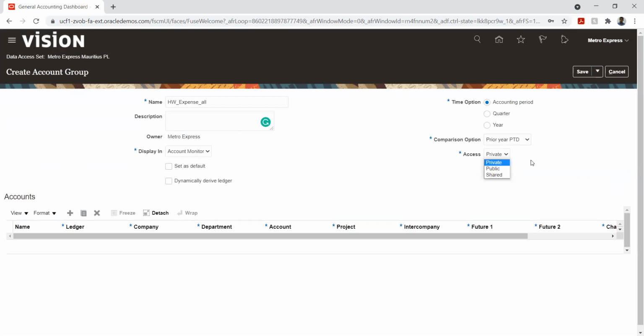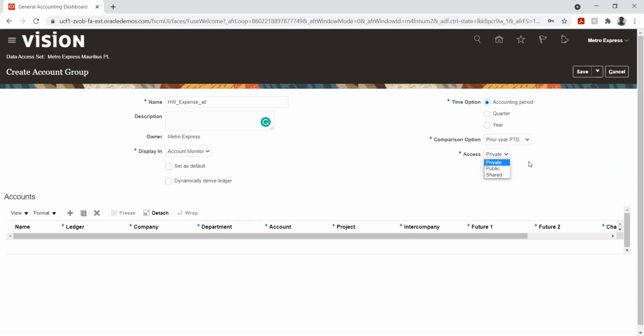If I say private, it means only I will be able to see or monitor this particular account group. But if I say public, it can be seen by everyone in the department, so if they want to understand the financial statement or standpoint, they can check there. Okay.